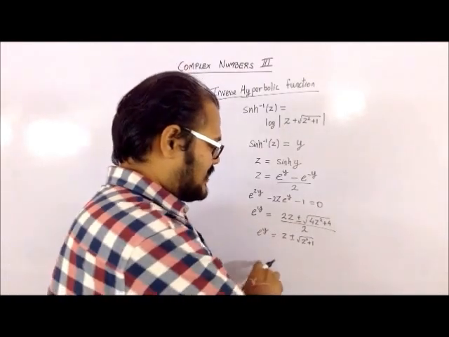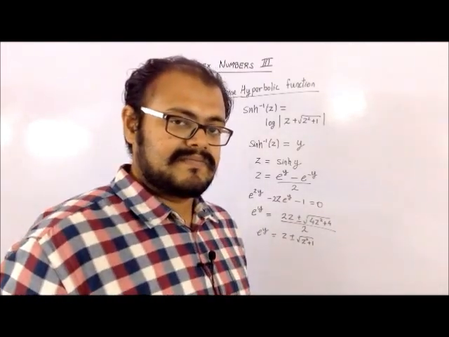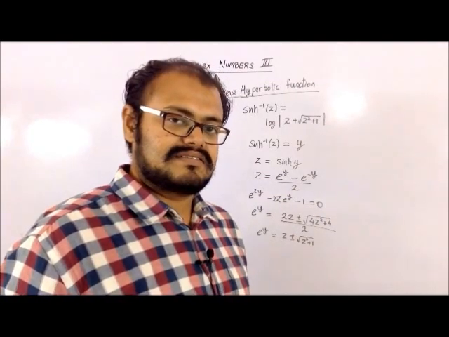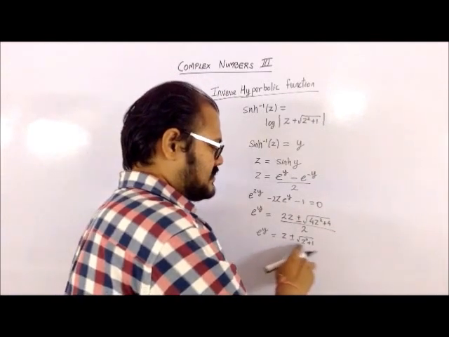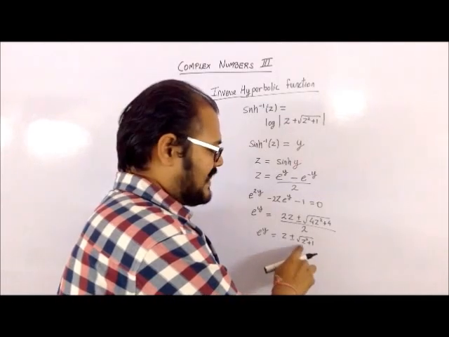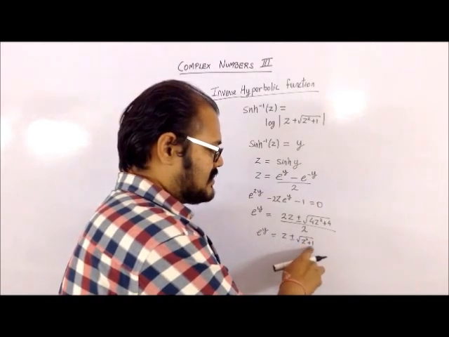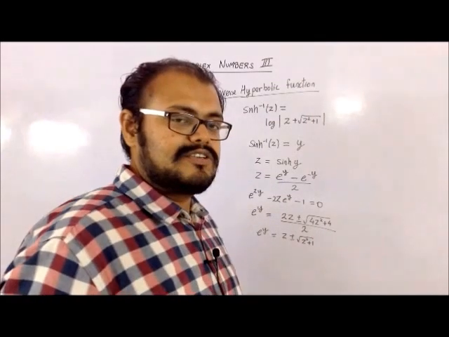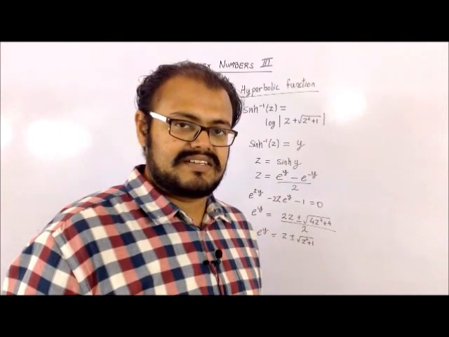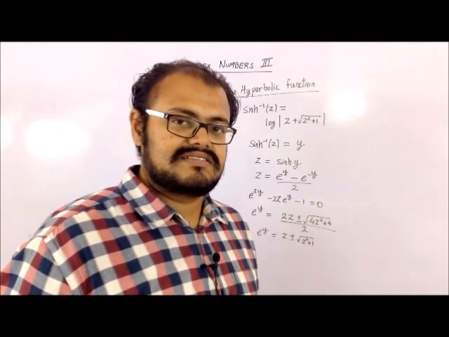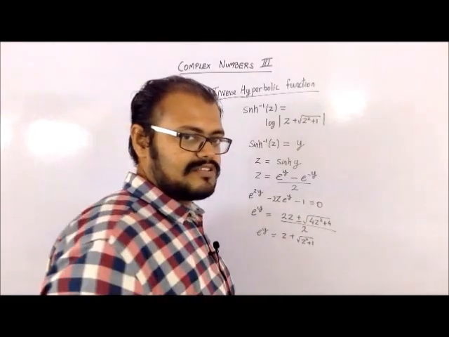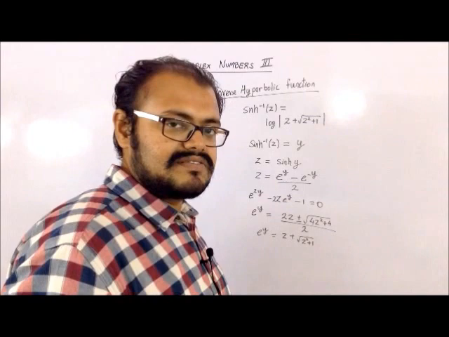So next step, you are going to take a log of this part. Once you are taking log, inside the log there shouldn't be any negative numbers present. If you just observe over here, you have z plus minus root of z square plus 1. For any case, the root of z square plus 1 is always going to be more than z. So z minus root of z square plus 1 will give me a negative answer. So I have to avoid it, so I'm not going to take that particular root from it. I'm just going to take the positive one.